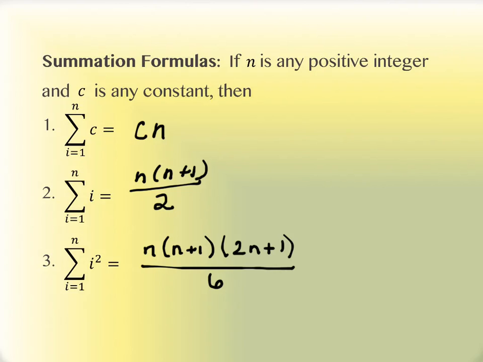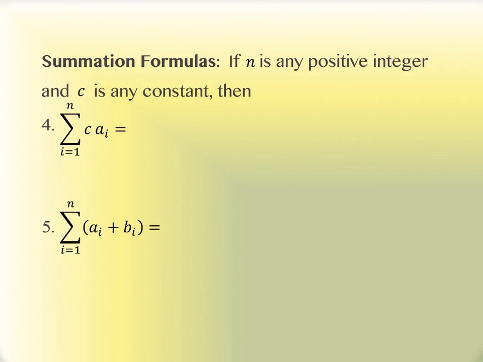So these are the first 3. I'll show you how we're going to use this to be helpful to us in a minute, but these are the first 3 formulas we're going to need. The fourth one and the fifth one are sort of written as a combined rule in your book. I just decided to separate them out because they look a little bit more like things we've seen before if we do that. This one right here is a constant times a constant times the variable that's changing, the number